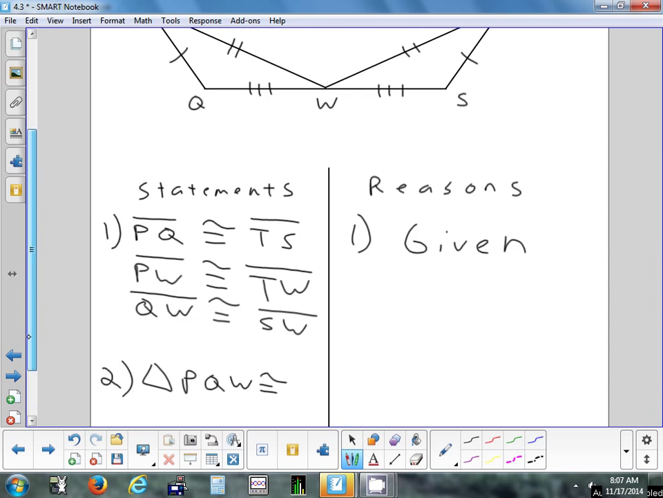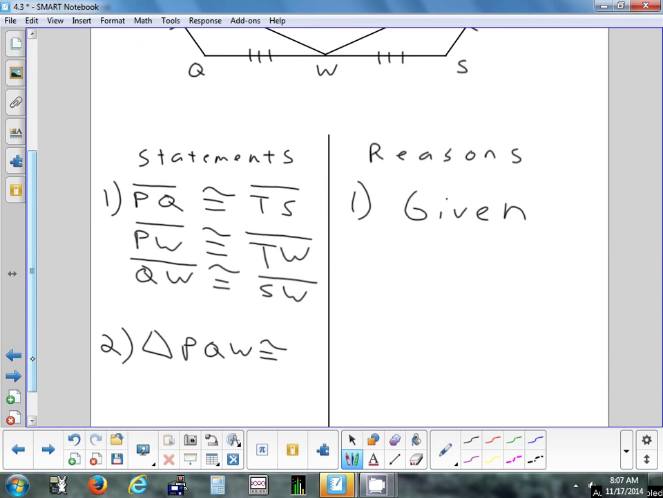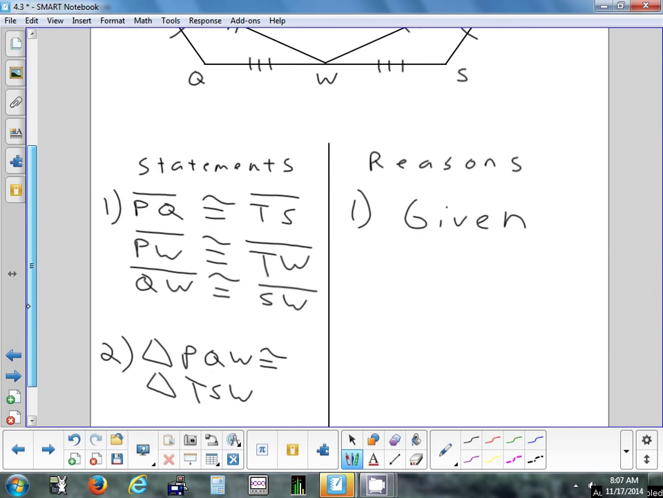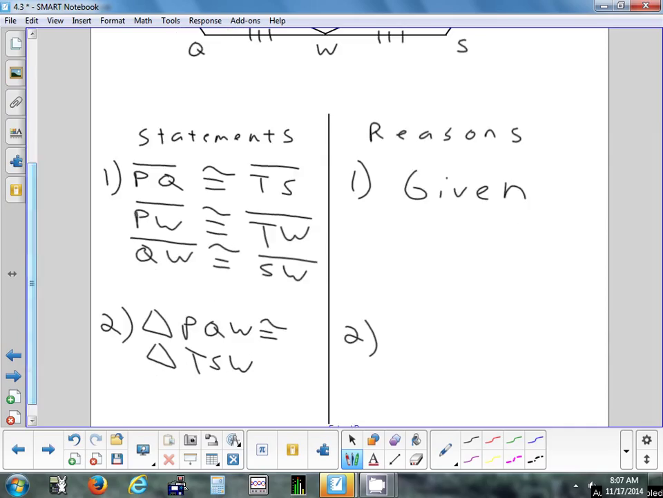So the two triangles are congruent. PQW is congruent to triangle TSW. And what's the reason? This is a new reason we've never used before, but we just learned about it. The side-side-side congruence